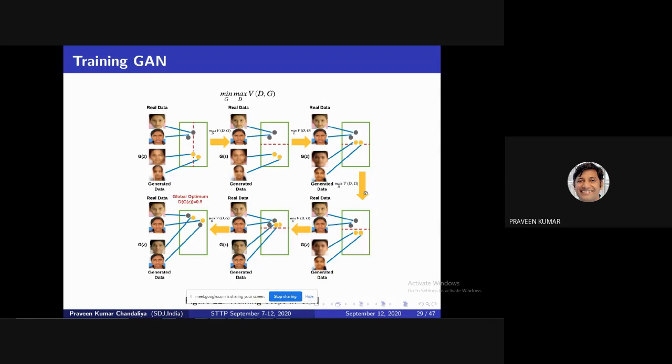Then the next step is the discriminator again. First the discriminator, second the generator, then the discriminator again, because adversarial means both networks are competing with each other. Here this value is present far away, and it tries to move below this line. This network classifies, then again the generator approximates this real data. Then at the global optimal point, where the optimum is achieved, the generator approximates the real data, so this is real data and this is generated data. When they are similar, your model is stable.